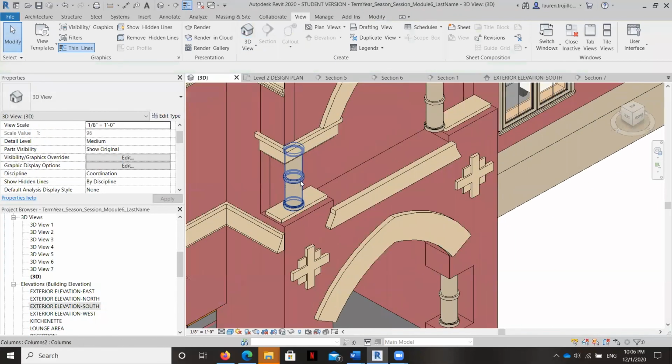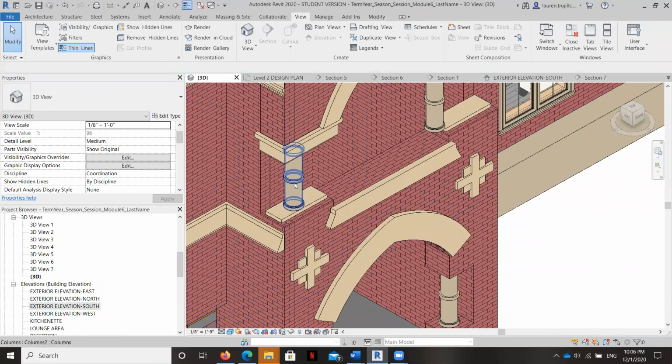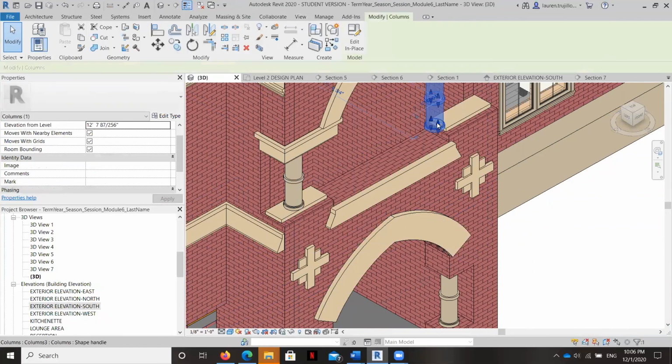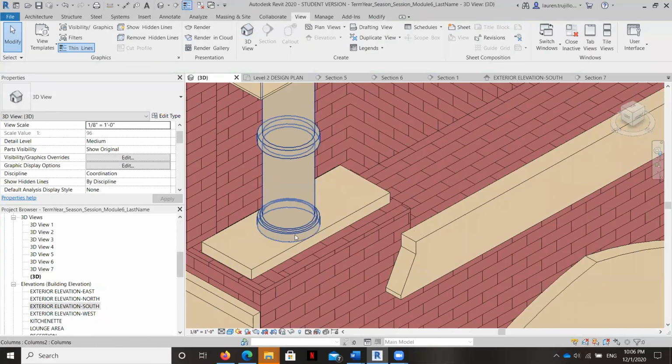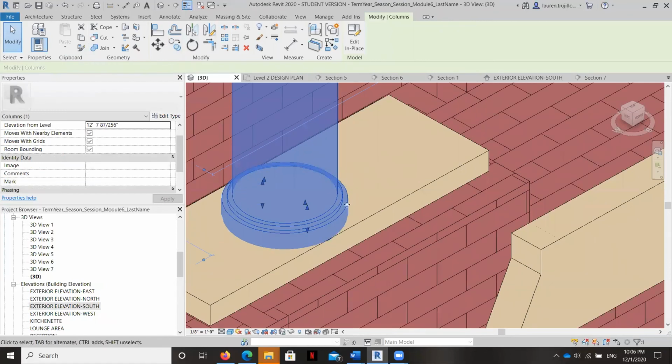Okay, they're where they're supposed to be, so that's good as far as elevation goes. Now what I need to do is get a pair of columns in there. So I'm going to do one set and then I will mirror them so that they're the same.